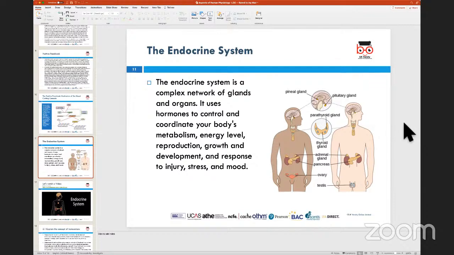And this generally happens through the release of chemicals, or basically hormones. And depending on what particular gland or what particular type of hormone is required to maintain that internal equilibrium, different organs would release different types of hormones. Now,